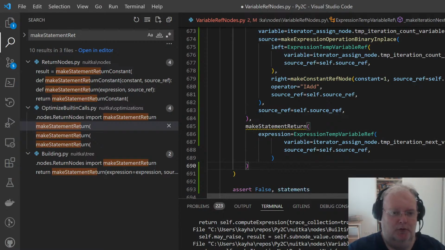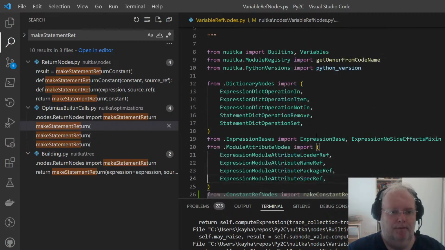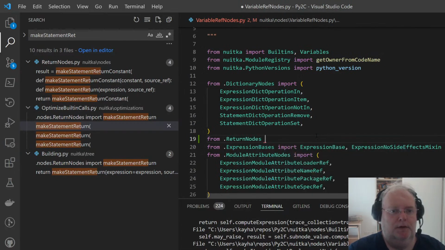It's the most painful programming. You program by creating these nodes. There's no dependency between those.